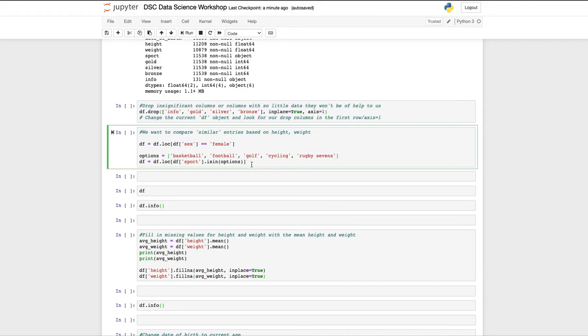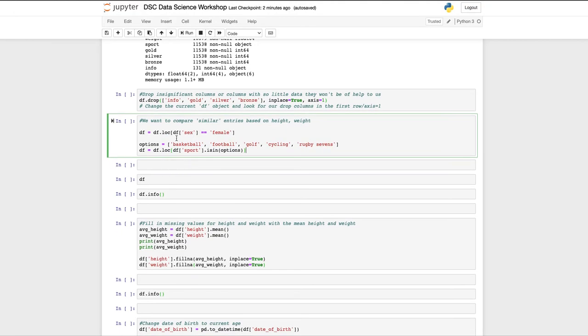And so in order to filter out just like I did up here, but to do that for a list of possible items, I can specify my options here. And then down here, I can say on this data frame, in the column of sport, only include these right here if they're an option, essentially. And so our new data frame, when we run this,